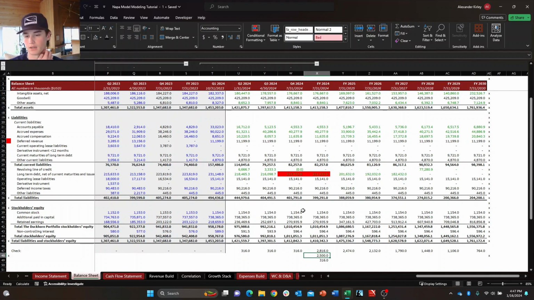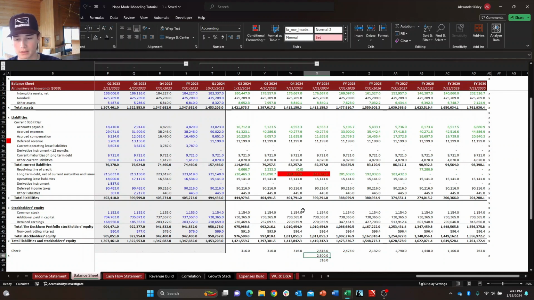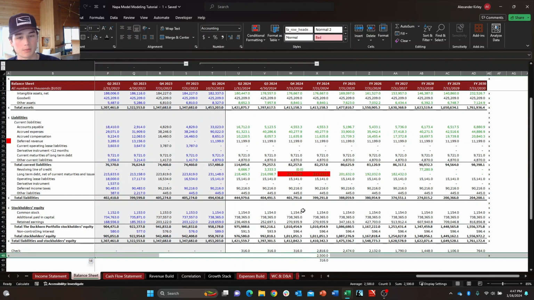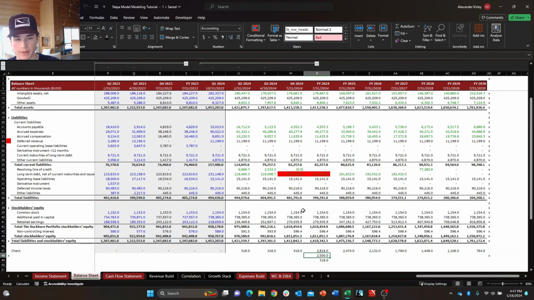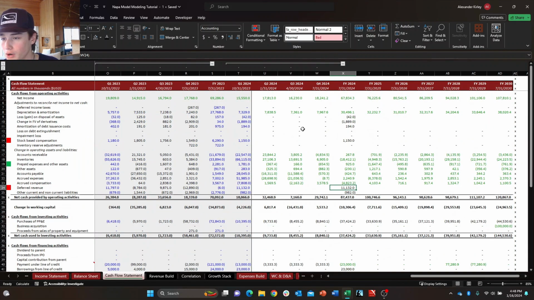So we see there's a significant difference here of 2,500. It's a round number, so I'm curious, it being 2.5, it's probably going to be some sort of hard-coded input that I've screwed up or miscalculated. This 316 should flow throughout the entire thing as a singular, maybe a plug if we want to incorporate that, because $316,000 isn't really that big of a deal. That can be equivalent to some small one-off charge,